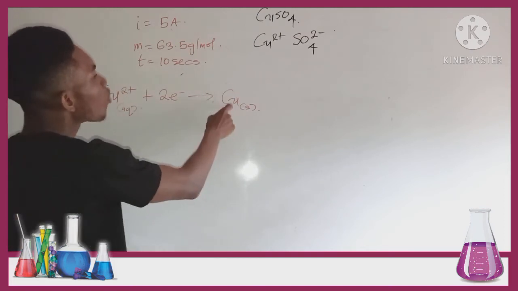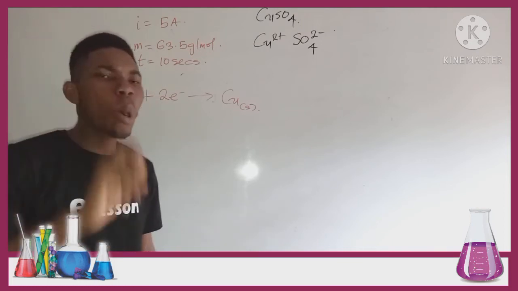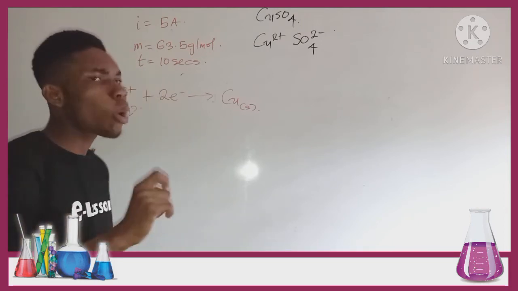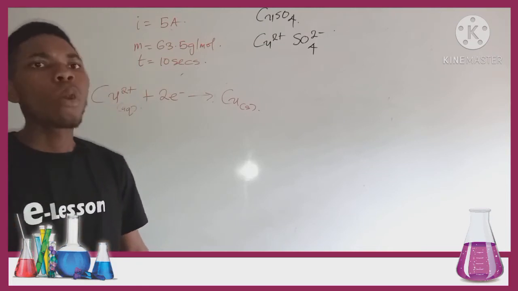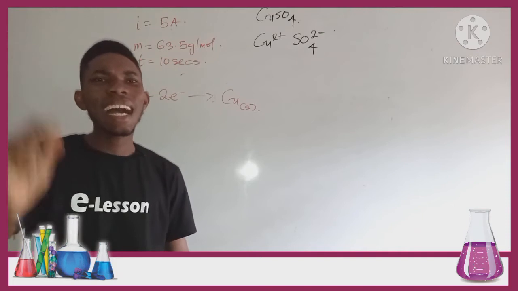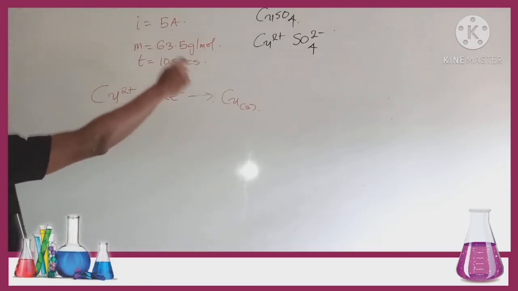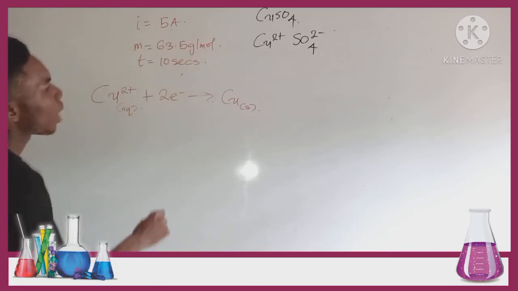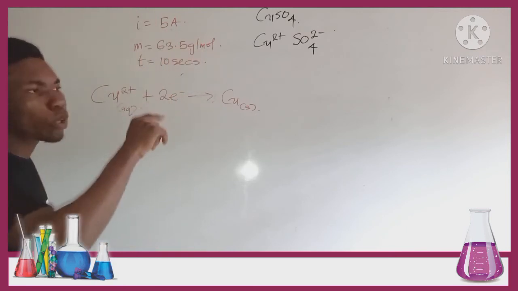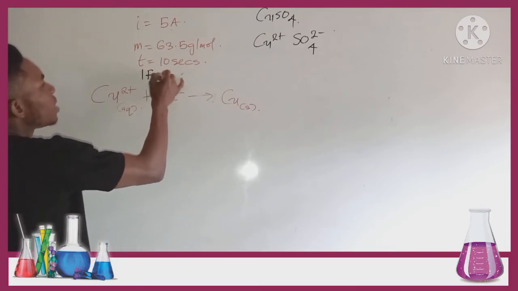Now, 1 mole of copper contains how many grams? 1 mole of any atom contains its atomic mass. So 1 mole of copper contains 63.5 gram per mole. And 2 electrons equals what? 2 Faradays of electricity. Now, 1 Faraday of electricity is